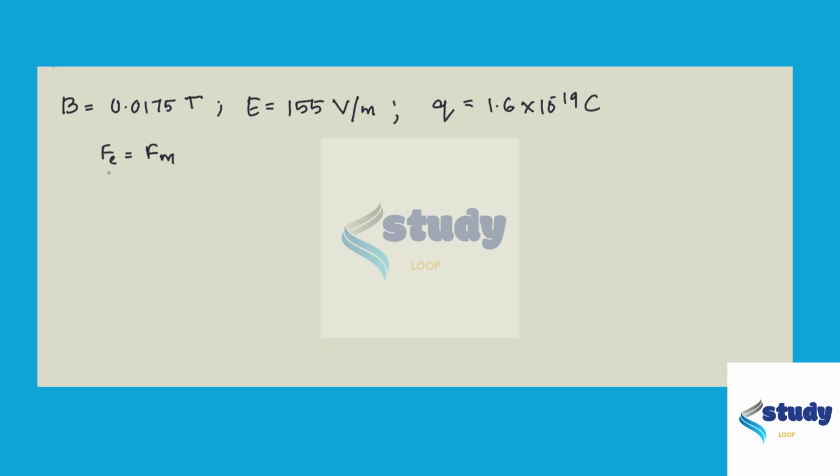So the magnitude of the electric force is equal to the magnitude of the magnetic force, and so this gives q times E is equal to q times v times B. There is no sine phi because velocity and magnetic field are perpendicular. So this gives the electric field to be v times the magnetic field. So from here we can calculate the velocity, which is equal to E over B, and this is found to be,